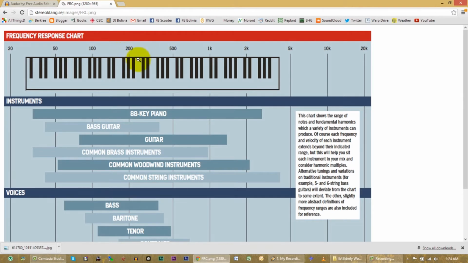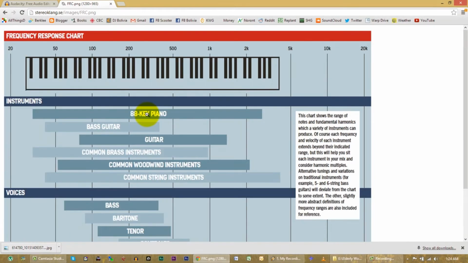So if middle C is around 261 hertz, then the C an octave above middle C will be double, about 522 hertz. Go up another C, it doubles again to around 1044 hertz. So that's how the whole thing works.